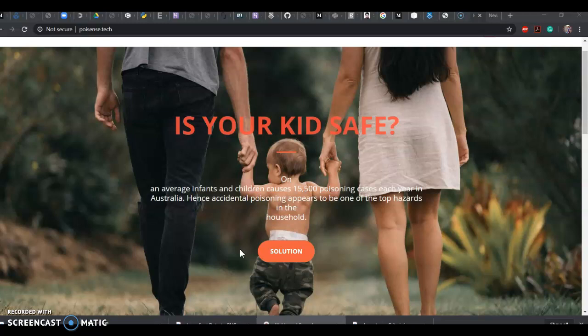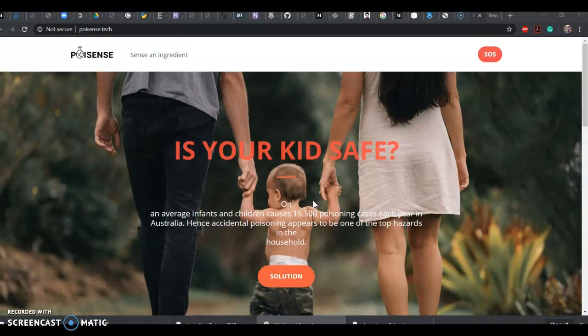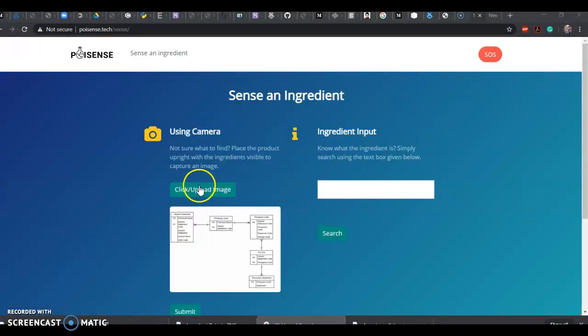It's not very heavy for the eyes, and I guess it has a writing called solution. I guess it's a button. It's easy to predict. And once I place the cursor on it, I am clicking on upload image,